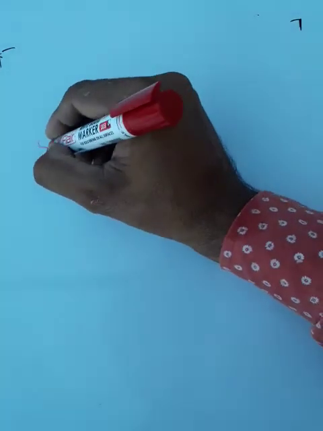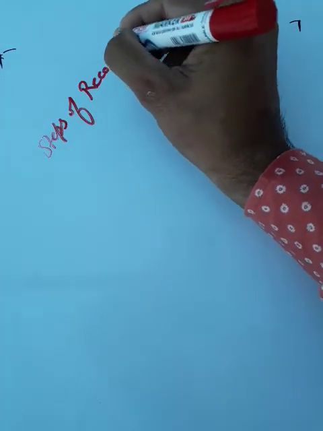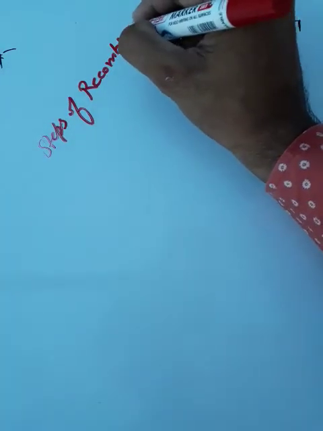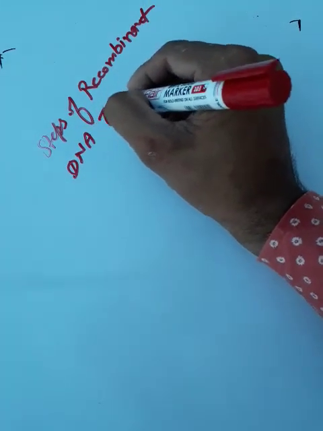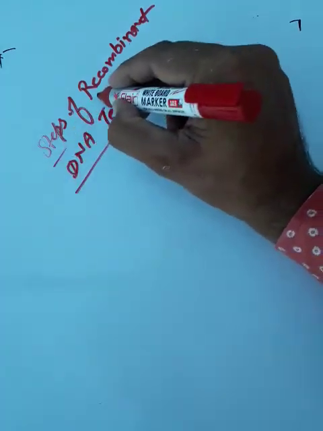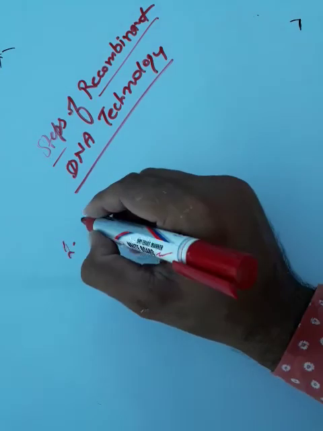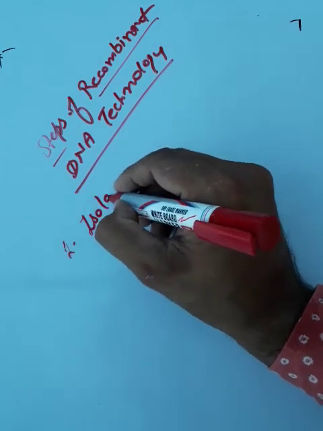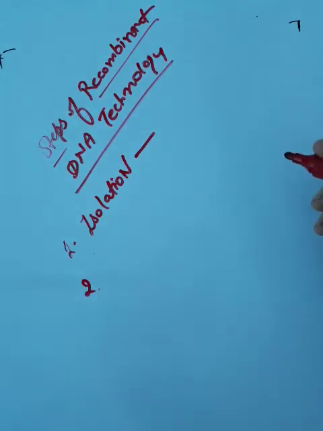Yes, 12th bio students, we are doing here the steps of recombinant DNA technology. Which steps are involved in recombinant DNA technology? First of all, isolation of desired DNA. Second,